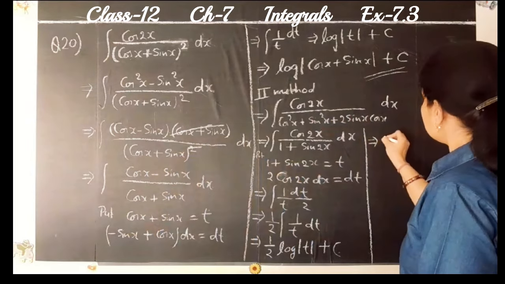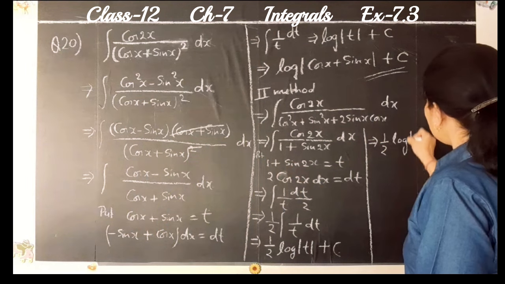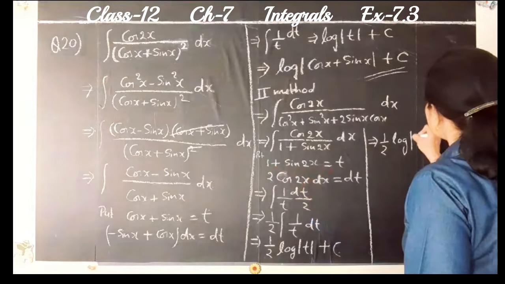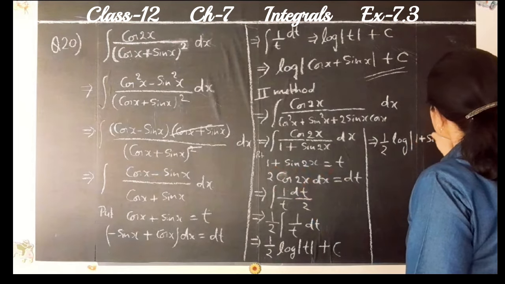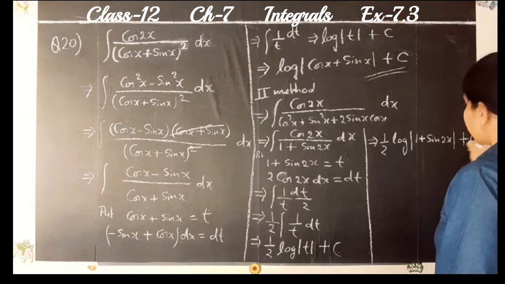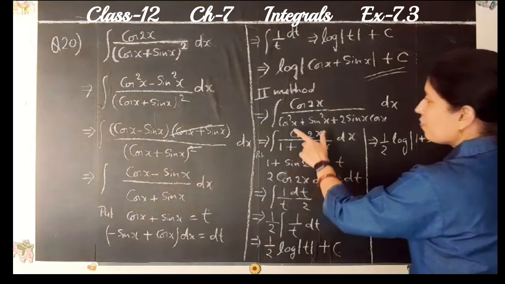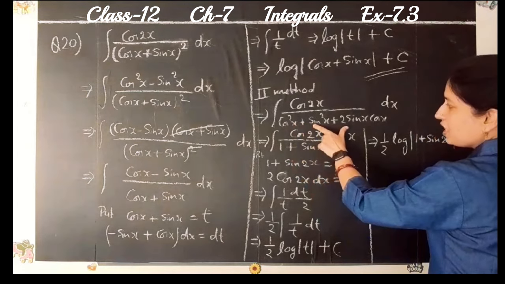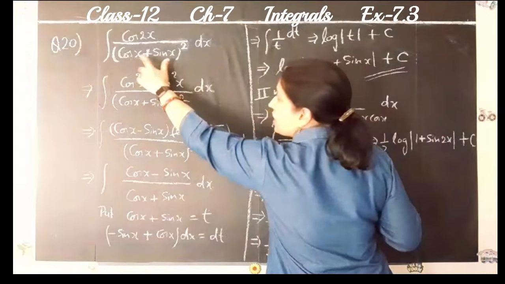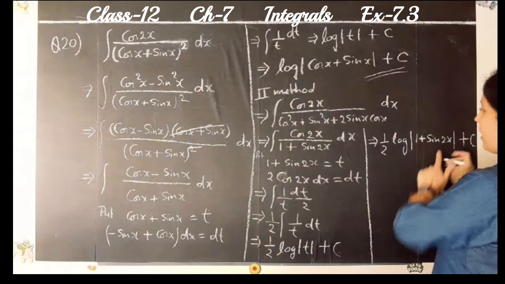Now we can write 1 by 2 log, put the value of t. t is equal to 1 plus sin 2x, plus constant c. And we know that 1 plus sin 2x is equal to cos square x plus sin square x plus 2 sin x into cos x. That means cos x plus sin x whole square. So in place of 1 plus sin 2x, we can write